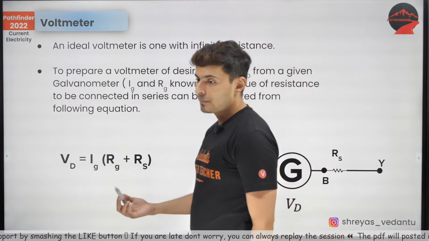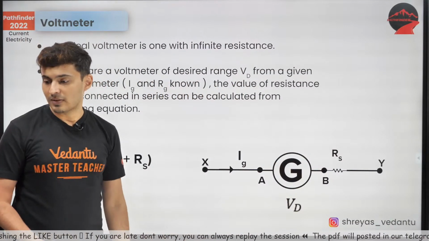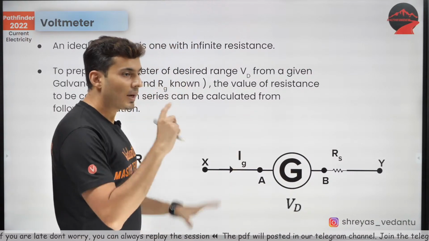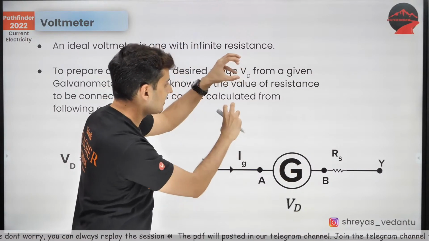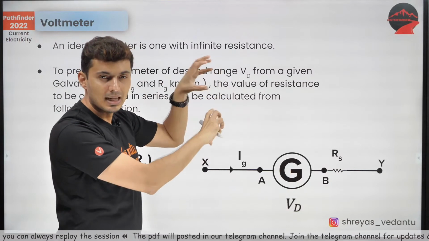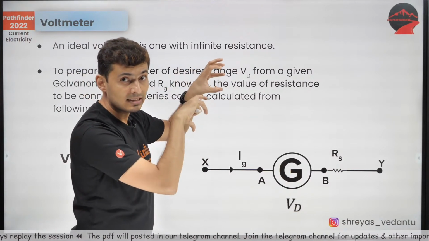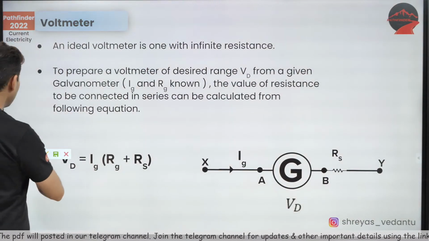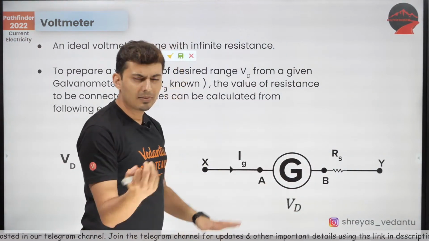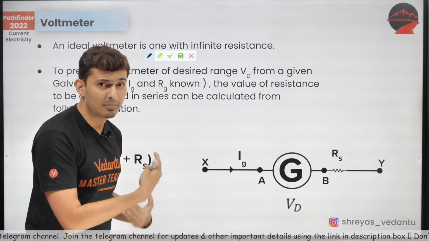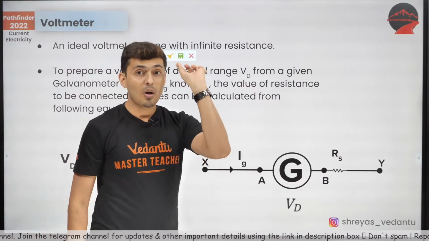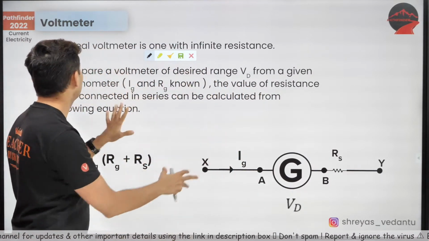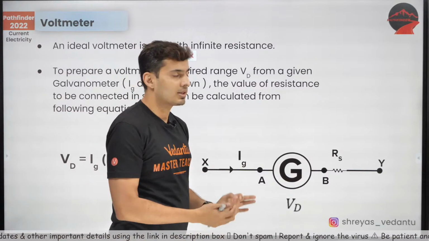Now, voltmeter. The symbol of a galvanometer is G, but the symbol of an ammeter is A. So A is nothing but G plus a resistor in parallel, which you call a shunt resistance. That's what an ammeter is. Now, what is a voltmeter? Again, I have discussed this in detail. This is a revision session. Please understand that I have previously spent 1.5 hours in a detailed discussion on the voltmeter, ammeter and potentiometer. You can watch that as well.